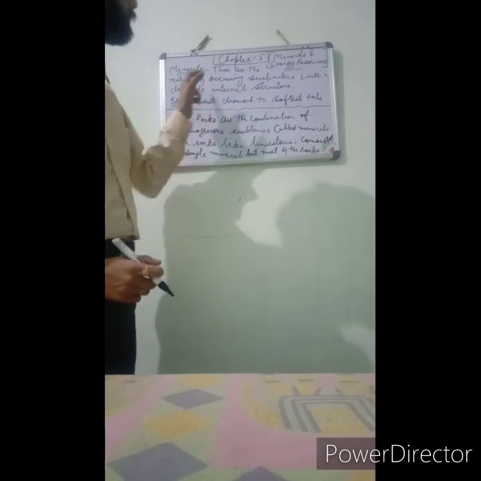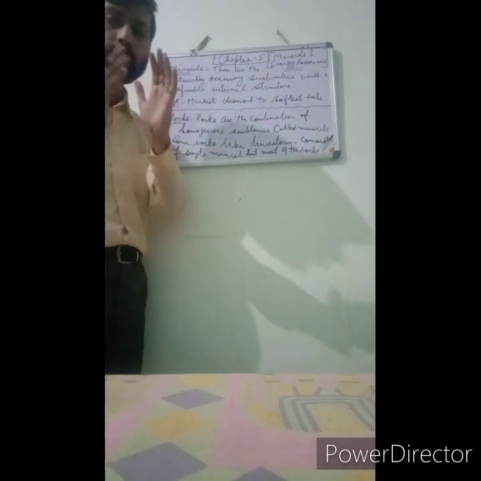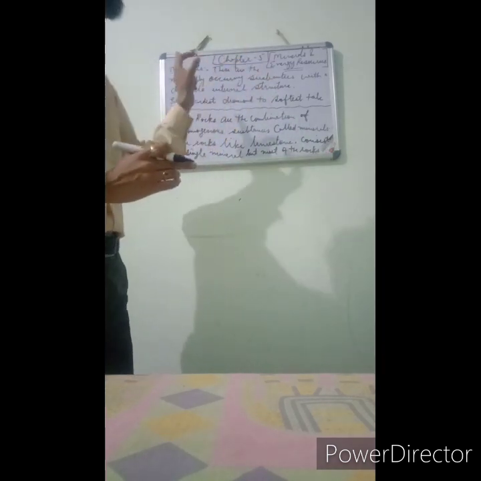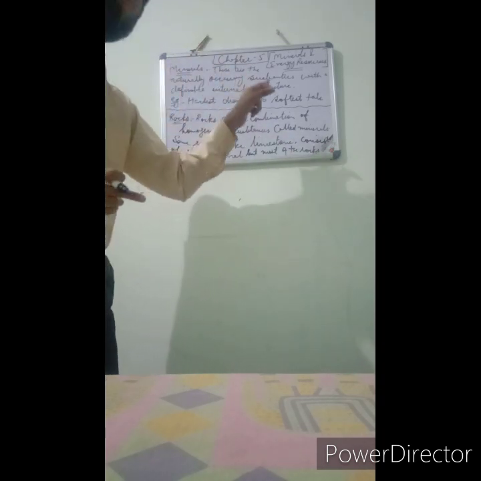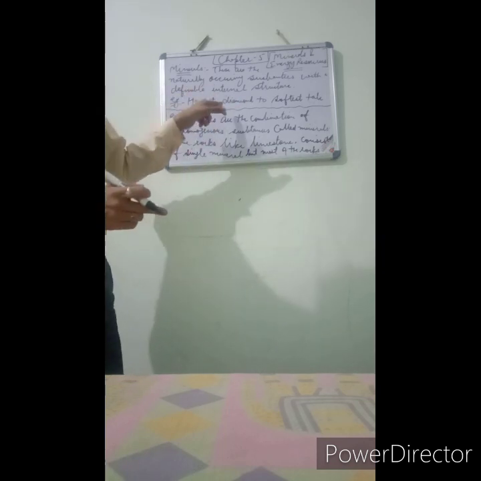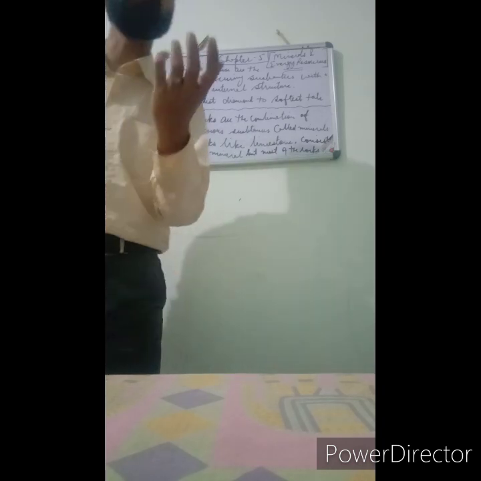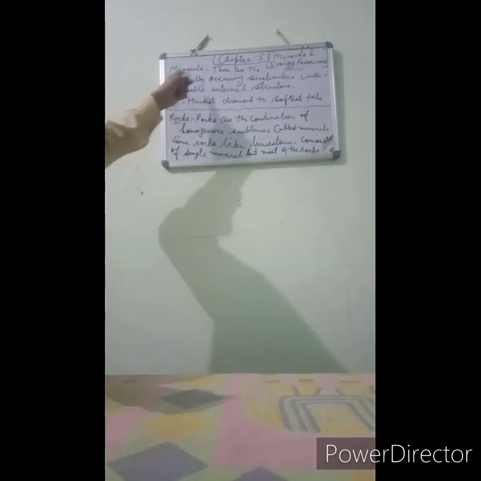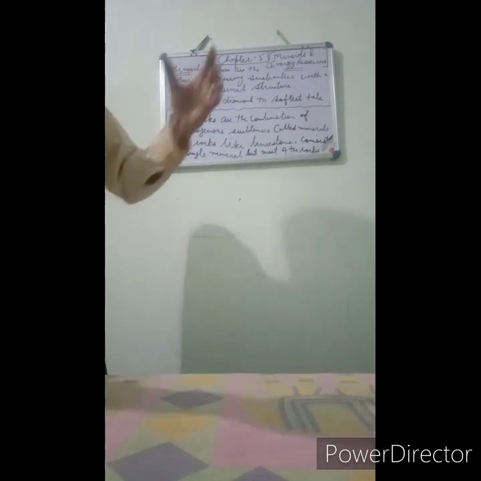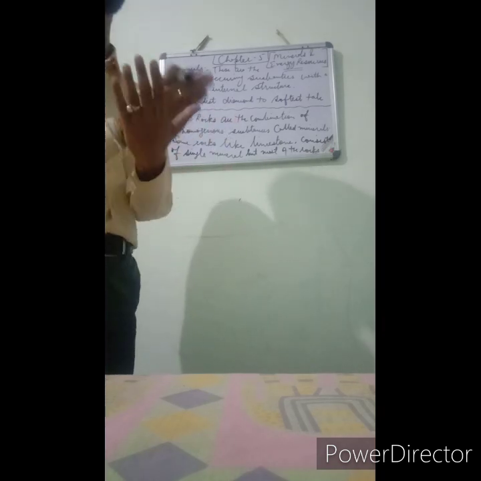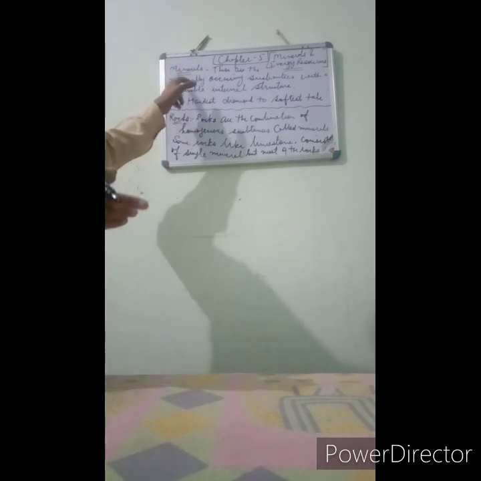Look children, minerals are naturally occurring substances with a definable internal structure. For example, from the hardest diamond to the softest talc, all types of things that have their internal structure. And these are naturally occurring, not man-made. So if anything is naturally occurring in this world and has its own definable